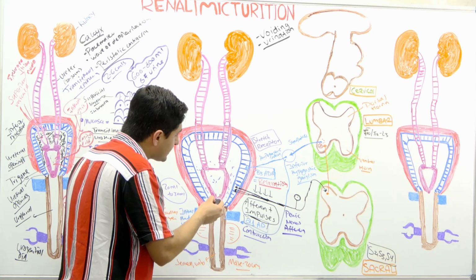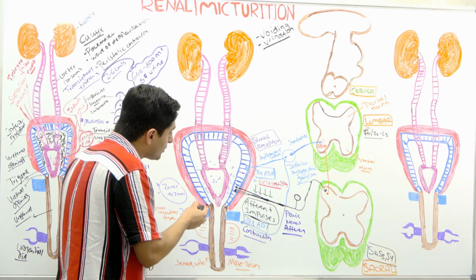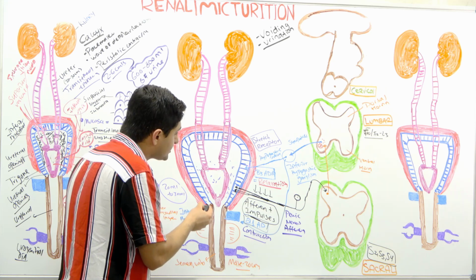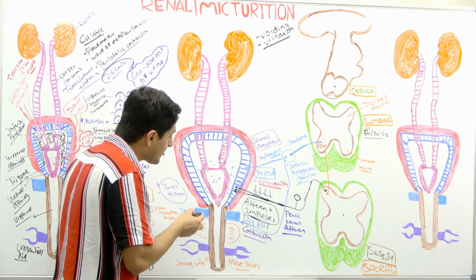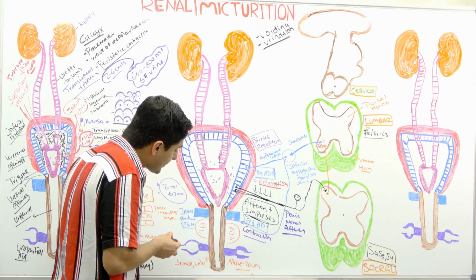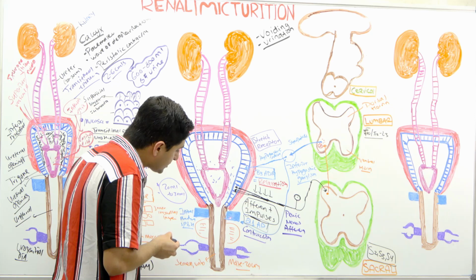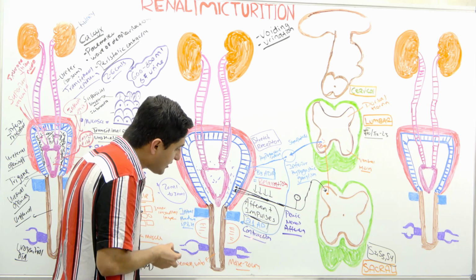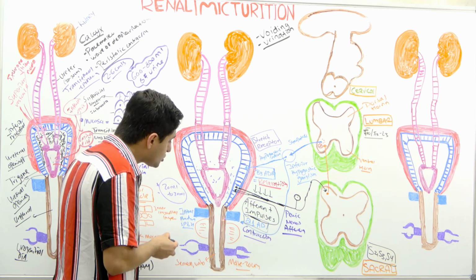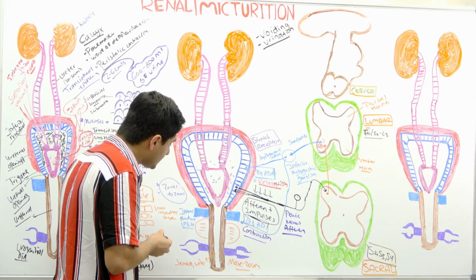Then the hypogastric nerve goes and works with the detrusor muscle, which has beta-3 adrenergic receptors, and it causes relaxation of the detrusor muscle. And then it also goes to the internal sphincter, binds with the alpha-1 adrenergic receptors, where it releases norepinephrine and causes contraction of this internal sphincter,